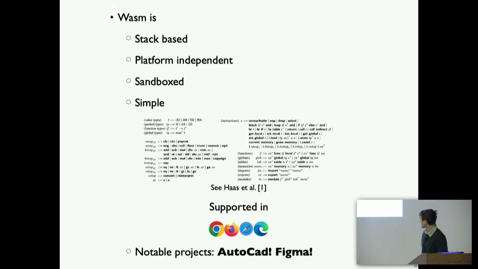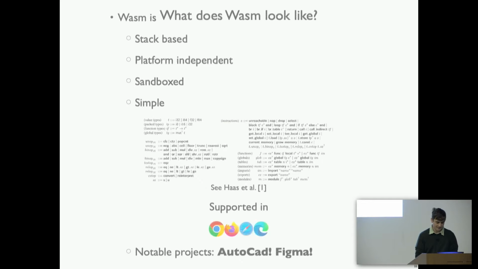And there are some poster children for Wasm, like AutoCAD, which has a web version that makes use of Wasm, as well as Figma, the graphic design tool. So a lot of projects are using Wasm. And I should mention as well that there's also a possibility for use of Wasm in contexts beyond the browser, for instance as a cloud runtime, which is pretty exciting work as well. So it's a platform with increasing adoption, and that makes it a pretty interesting compiler target, which is not yet fully supported under Racket.